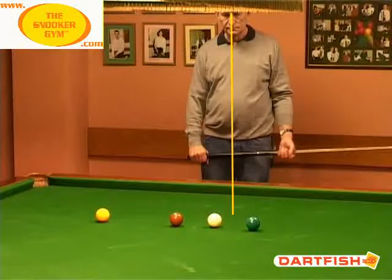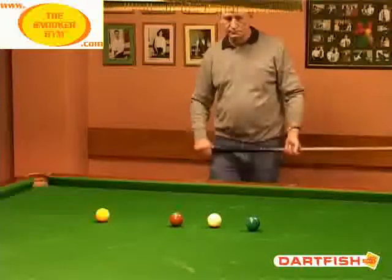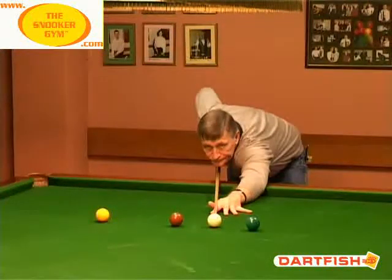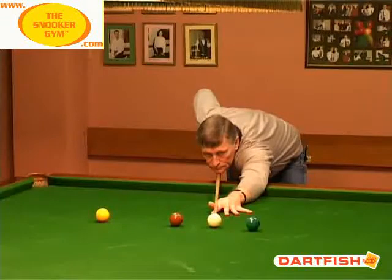The camera is slightly off center of the potting angle here, but when Terry's standing behind the shot, he's taking a lot of care to stand behind the shot. I know he was on the line because he later potted this ball, so what you've got is taking care to stand directly behind the line of aim. And this position here, let's just allow the chin to get on the cue. That position there, instantaneously having got down to the shot,